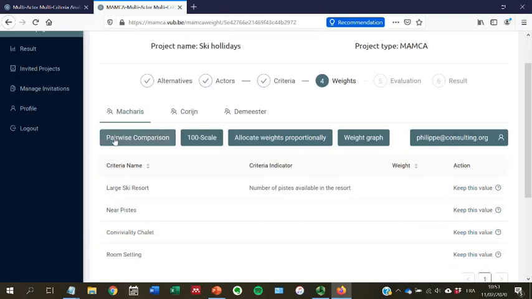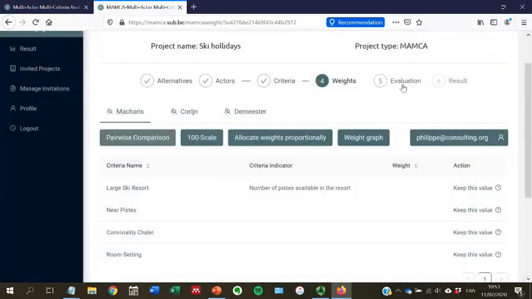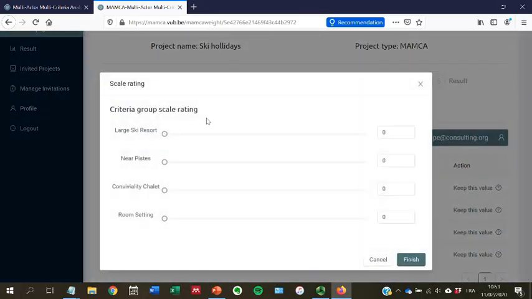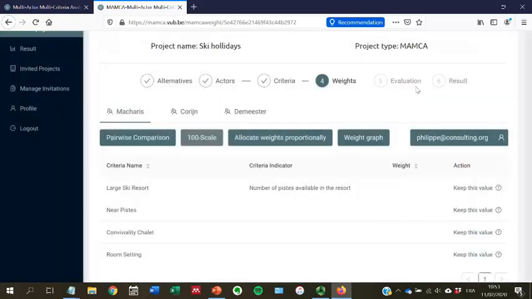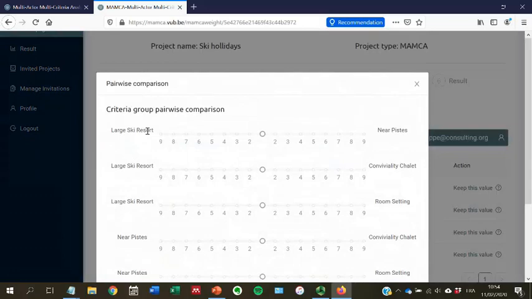You have the pairwise comparison that we use most often, where you can see that you compare always one criterion against another one. You have the 100 scale, which is more straightforward. So I can show you here the AHP